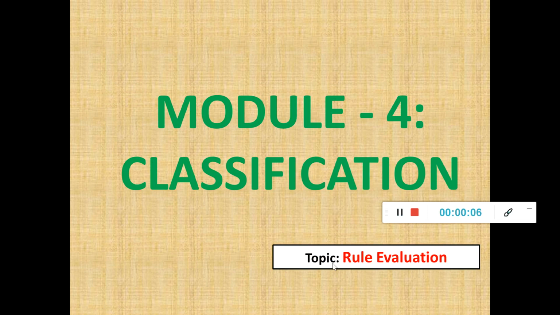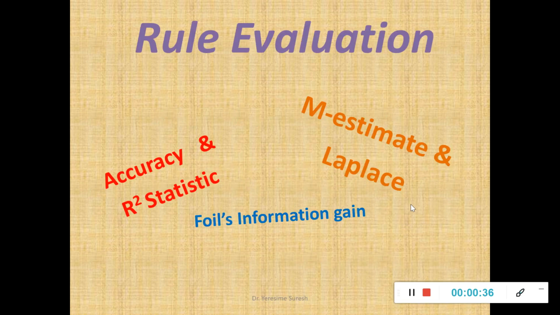In today's video lecture, we will be discussing rule evaluation with respect to classification. So far in the classification process, we have covered decision trees as well as rule-based classifiers and how to evaluate those rules. Just like how we evaluated association analysis rules using measures such as interestingness, correlation analysis, the lift factor, the support and confidence, similarly, we will have to evaluate our classification rules. That's why we are going for the topic rule evaluation.